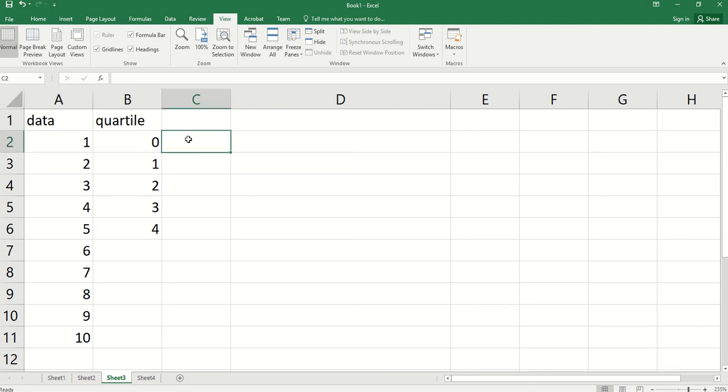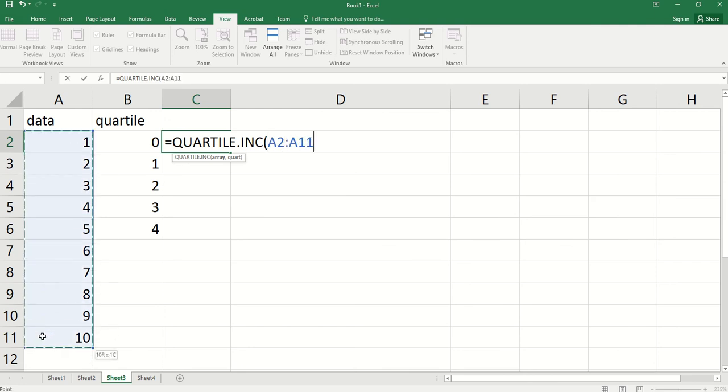First, we try to find the quartiles using quartile inclusive. I will explain what inclusive means later. Let's use F4 to lock the location, so we can copy the formula without changing the cell references. Then we use B2.